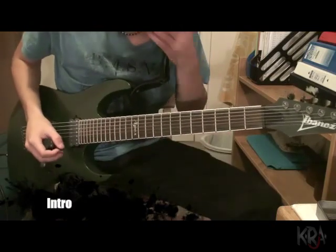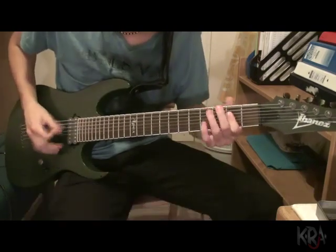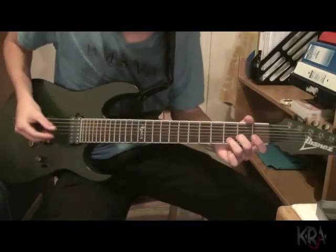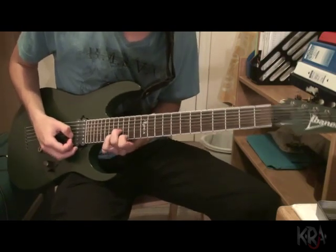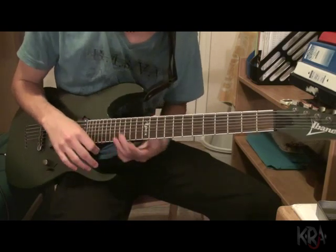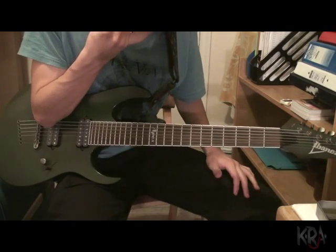The song kicks off with the intro, obviously. You have a first bar of just drums, and then there are 3 random hits. And then the guitar kicks in, and this is definitely the hardest part of the song, and it is pretty difficult to play from the first time,